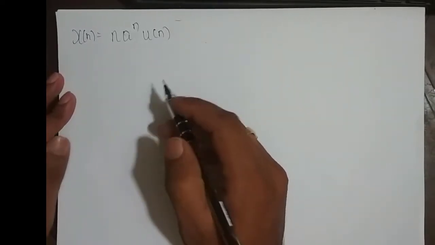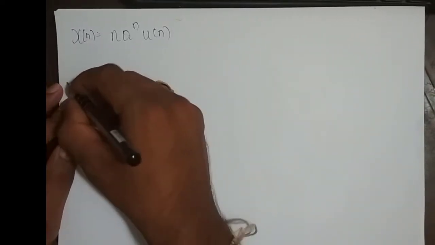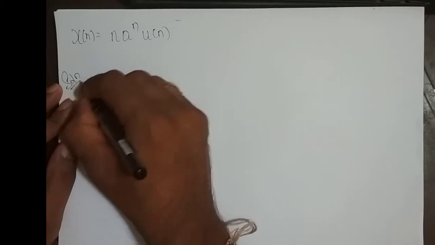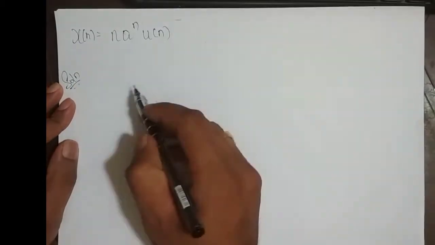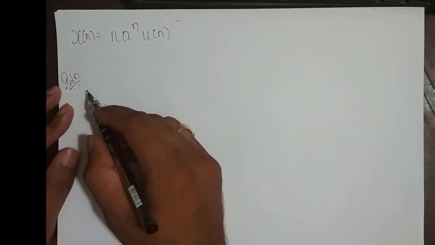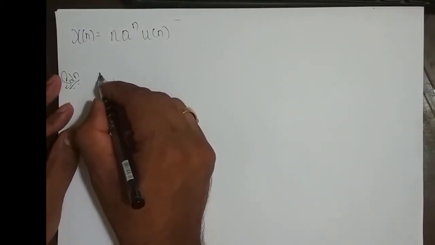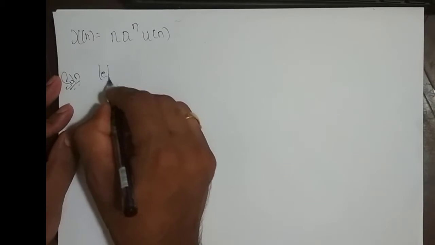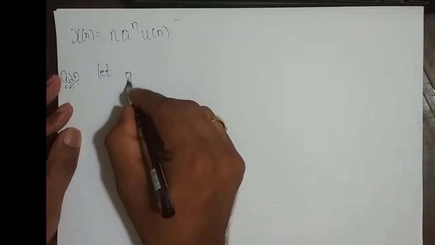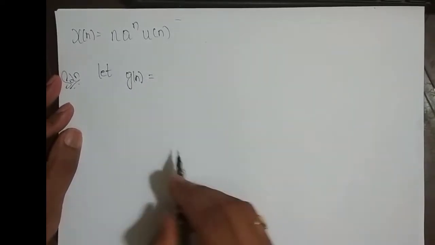Hi guys, we shall continue with the problems on Z transform using properties. So the sequence is x of n is n into a power n u of n. I will try to solve this. So solution, we will let g of n, some intermediate signal, is equal to, see,